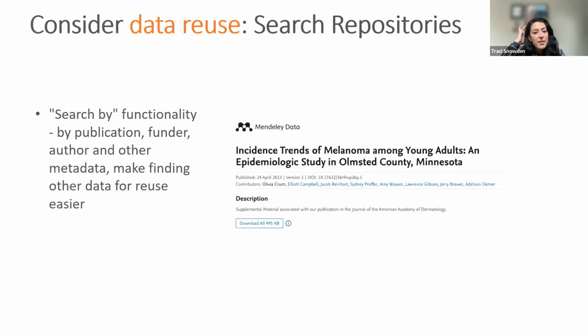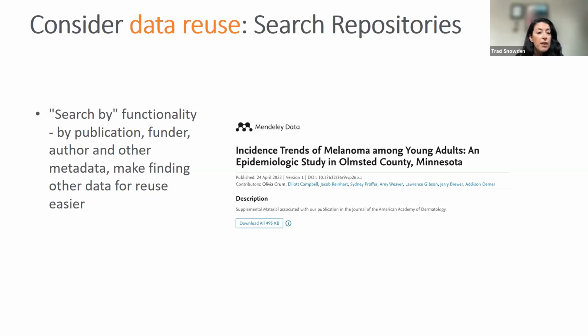Another piece of this guidance that I love is the concept of data reuse. So when you're conducting your research, just as in all things in life, look for efficiency alongside efficacy by considering data that may already be available, and research that may already be conducted, that can support your current research, right? So where do you look for that? You can search for reusable data in a variety of repositories and avoid reinventing that wheel.